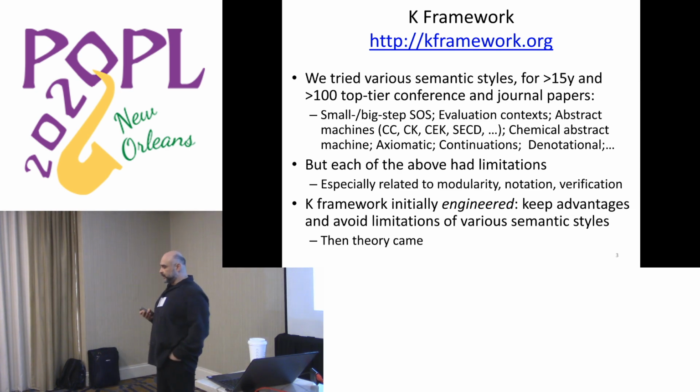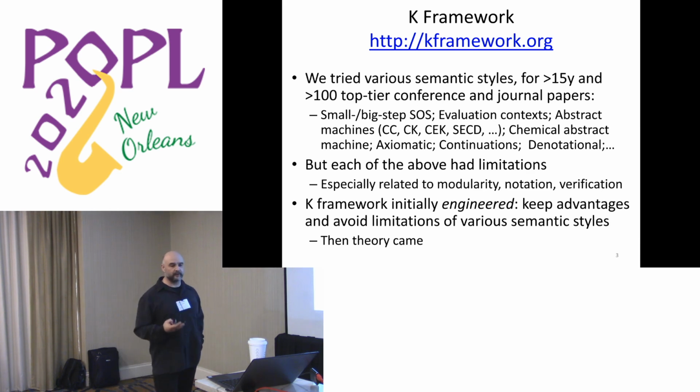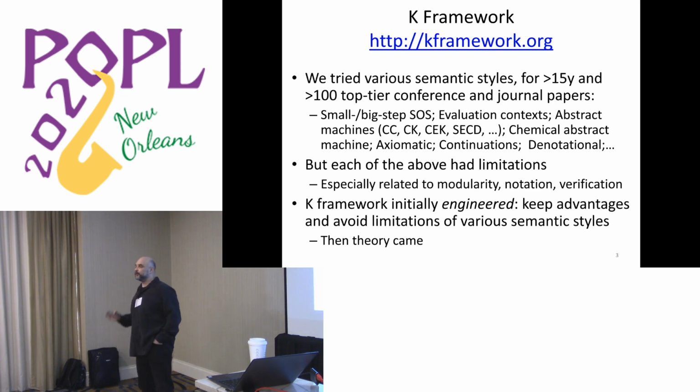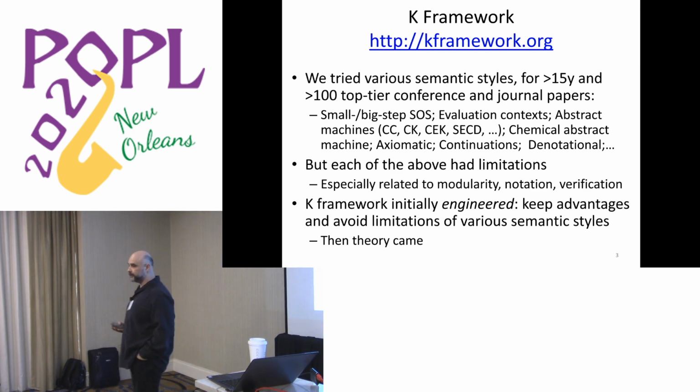The K framework started about 15, 20 years ago when we tried to formalize programming languages in various styles, and then tried to use these different formalizations to define actual real languages. Not only toy languages like IMP or FUN, but actual real large languages. And one thing which was very hard to do, but we had to do it, was to refrain ourselves from coming up with a mathematics for it.